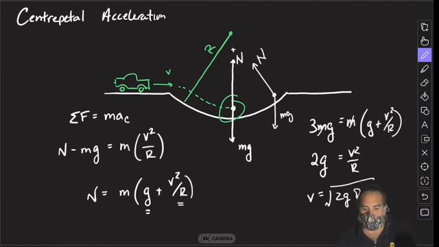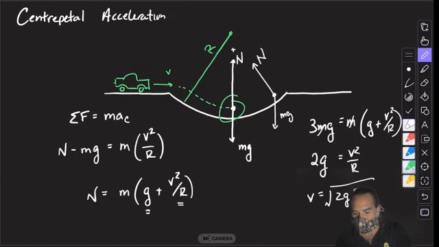You might think that it might be best to line this up with the weight, but you really do want to line it up still with the direction of the centripetal acceleration, which means using a coordinate system that's lined up, like this,